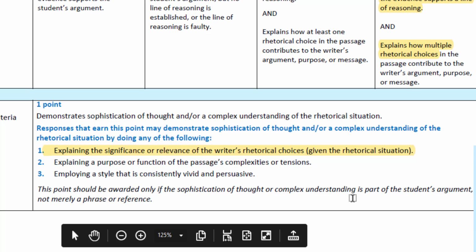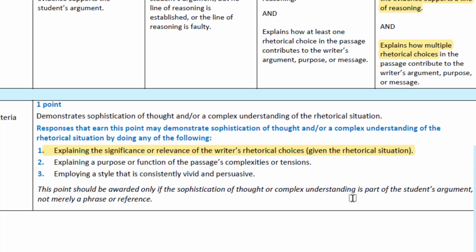So if you identify that one of the rhetorical appeals that an author uses, right? So answering the what question, what is the author doing? If you say the author is appealing to his audience's religious sensitivities, and given that he is writing in a religious magazine, this is an effective rhetorical choice. That's great. What you've done there is you have linked the point you're making and the rhetorical choice that you've identified that the author is using, you have linked that back to the rhetorical situation. That will get you this point.